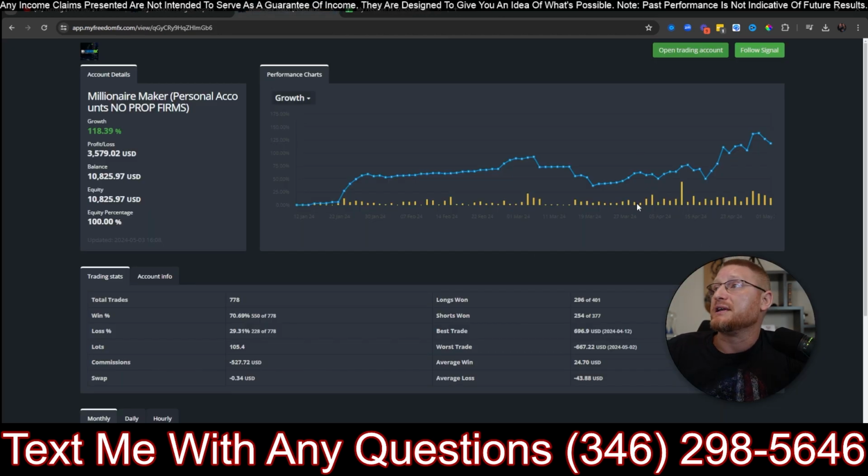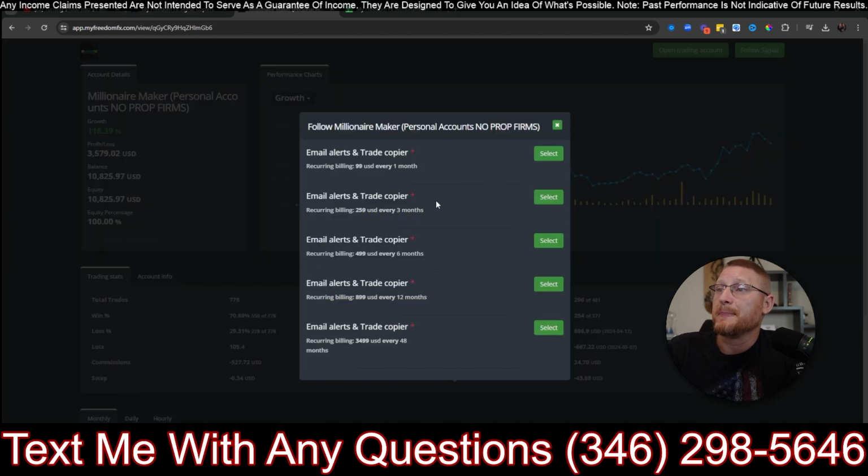Now, if we're looking at the price, because there's always a cost for this. We have software fees, we have trading fees that we pay to the people that are trading these accounts. So if you click on follow signal, you're going to see our pricing and how it's set up. Very, very fair pricing. $99 per month if you just go with one, month after month after month. But we discounted that even further the more time that you actually jump in. And right now we have 48 months set at $34.99, which is taking that to almost half price.